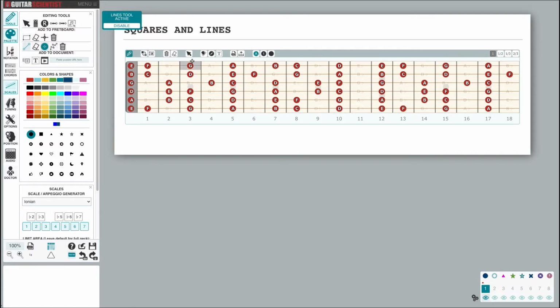Another design function of Guitar Scientist are the lines, which allow me to connect frets to each other. This function has a snap support as well, that in this case simply places each end in the center of the markers. I can use this function to highlight shapes, patterns or arpeggios in a different way. Here I am highlighting arpeggios made of 1st, 5th and 9th, and their fingerings differences across different sets of strings. I'll also modify the color of the markers to make things more clear.